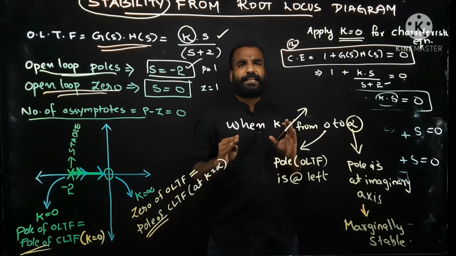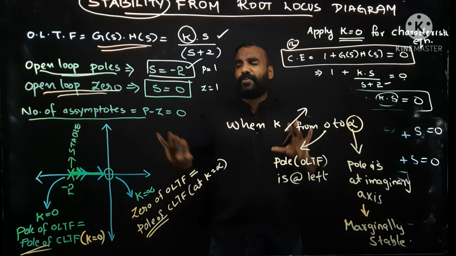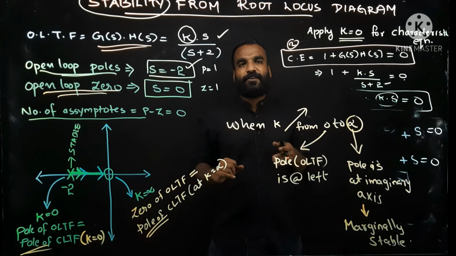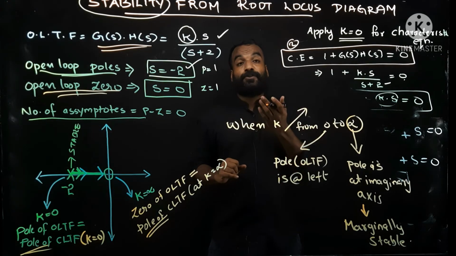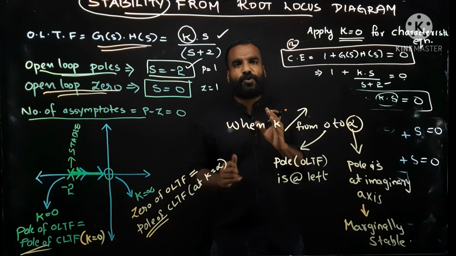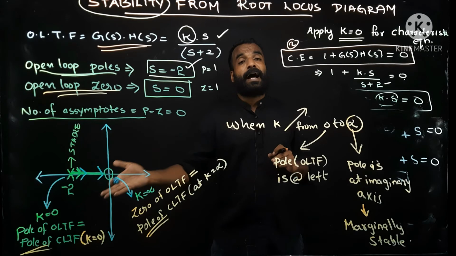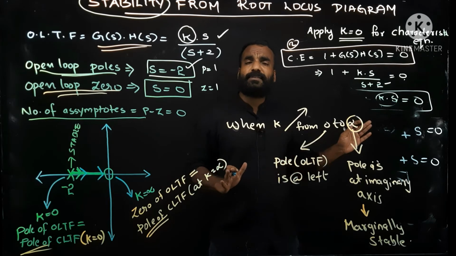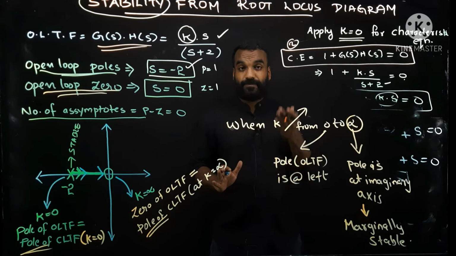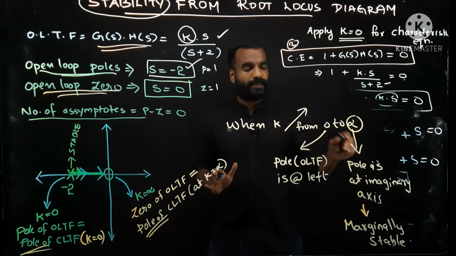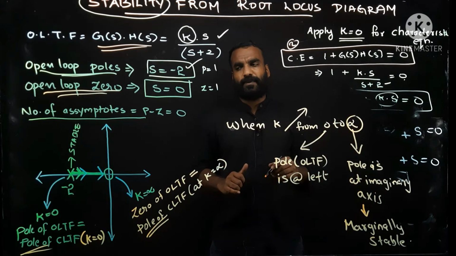So what is the use of this root locus diagram? It is teaching you the entire behavior of the control system while you are increasing the k. So it will give you some knowledge that you have to limit the value of k at some point in order to attain the stability. Don't increase k blindly. If you are increasing k up to infinity, the system will become marginally stable.